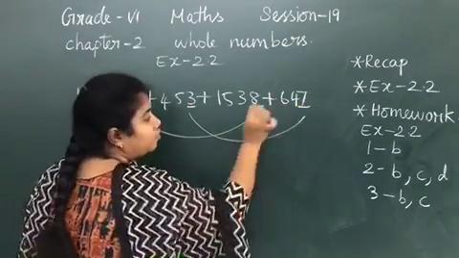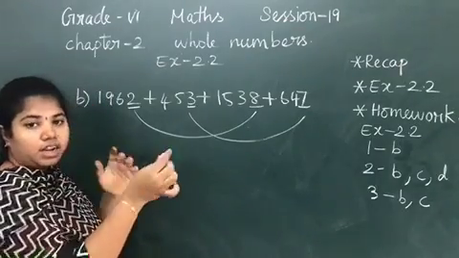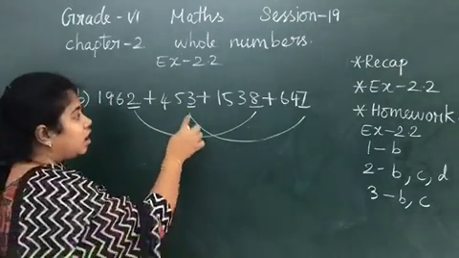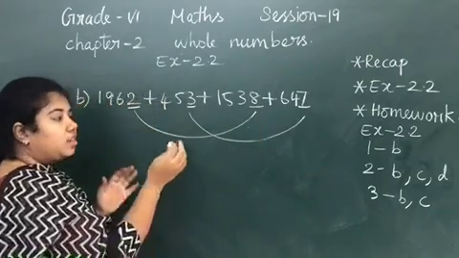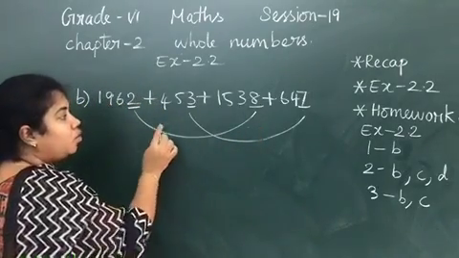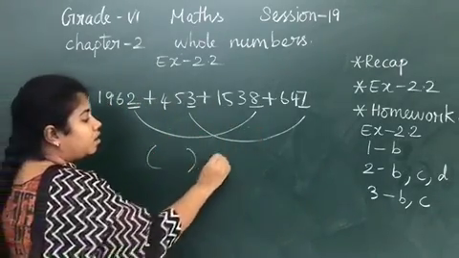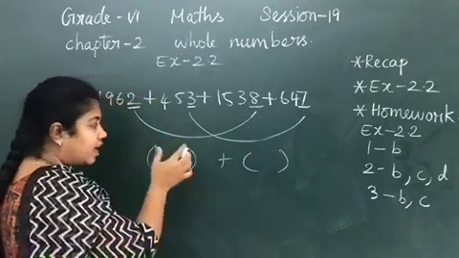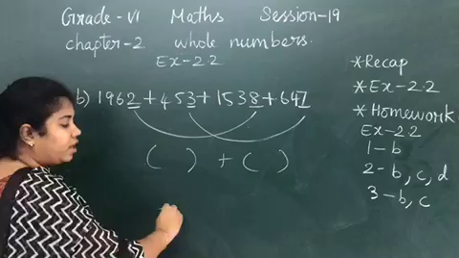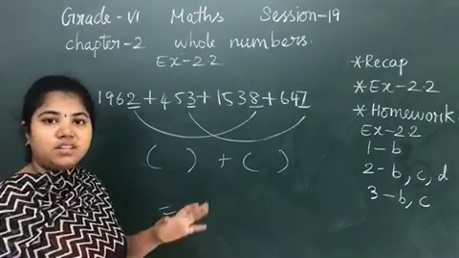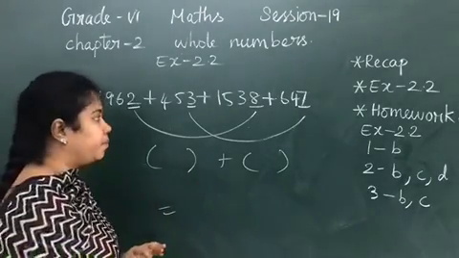Now 3 and 7 if you combine, again you will get 10. That is 0 value in the ones place. Now you have to combine 453 and 647 inside one bracket. So now the 4 sets will become 2 brackets. Add these two numbers, and the final value you get is the answer. Can you understand? This is your homework. Try it at home.